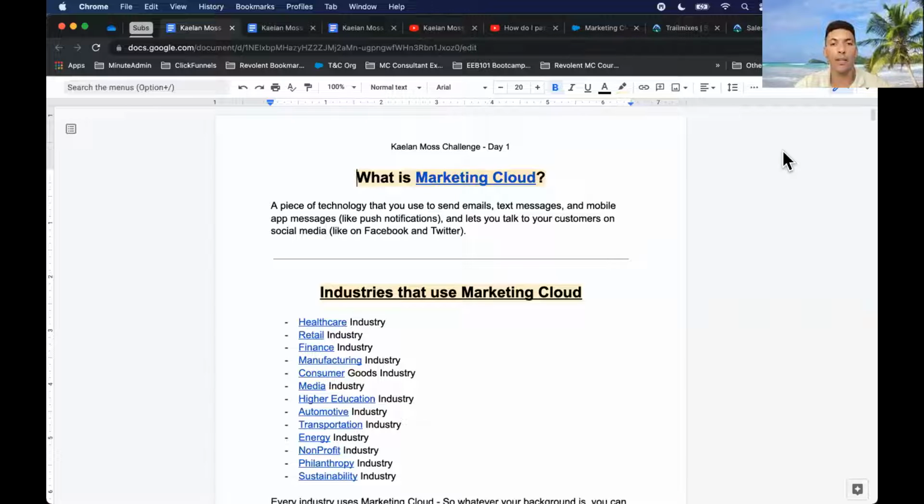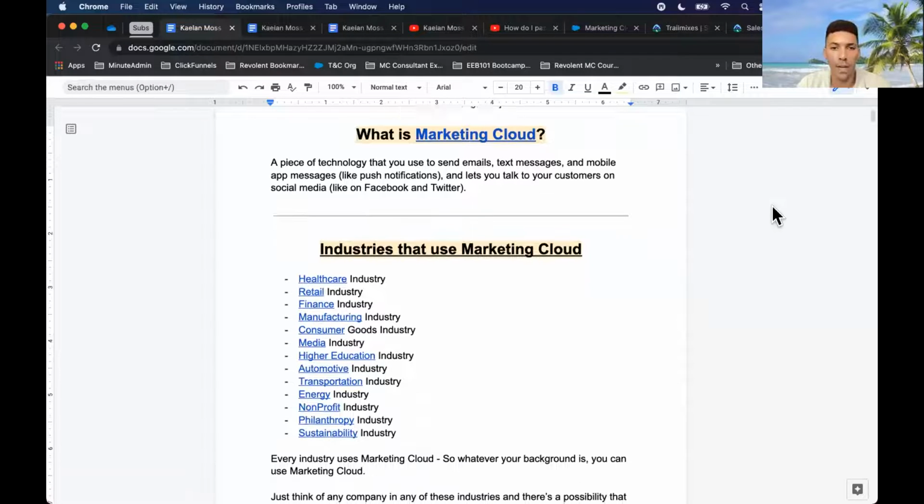So it does that marketing automation piece. That's Marketing Cloud in a nutshell. It's the marketing automation tool for enterprise corporations, and actually even companies that aren't enterprise corporations. But hopefully I've answered what Marketing Cloud is.